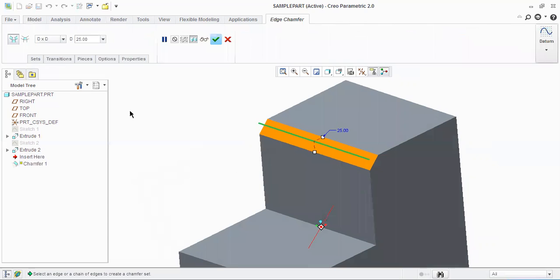So this is a d by d. Next one, d1 into d2. In our first type, both the dimensions are the same, that means horizontal and vertical dimensions are the same,